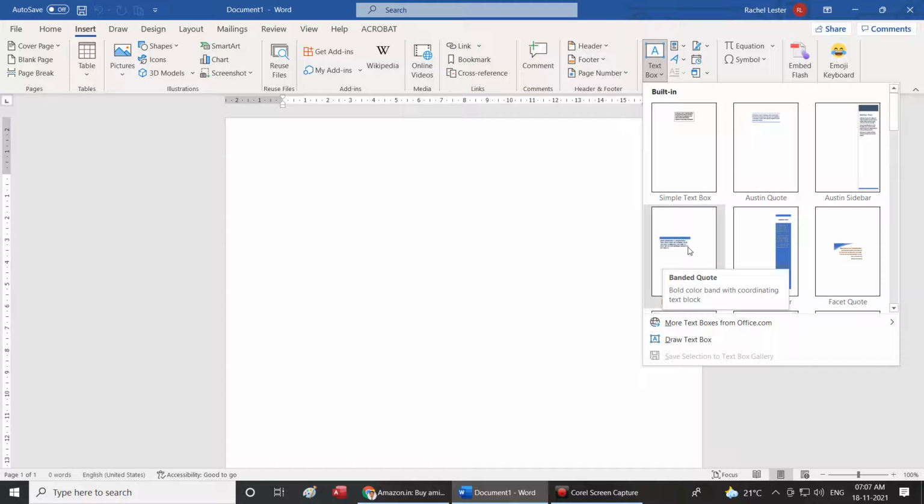Next one is banded quote. Next one, banded sidebar. The next one is facet quote.